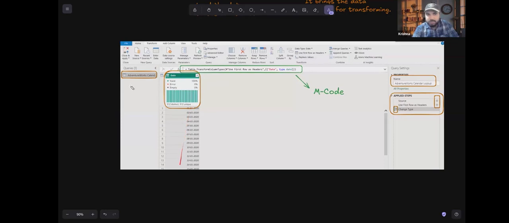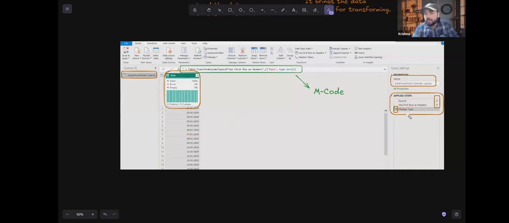This is a data set. This is where your query pane is. Whenever you import multiple tables, you see all the tables here itself. Right now we have imported only one table, so you can see only one table. This is the table name. In the properties, you can change the table name at any stage. And applied steps is one of the important areas, where whatever steps you perform for any calculation come up this way.